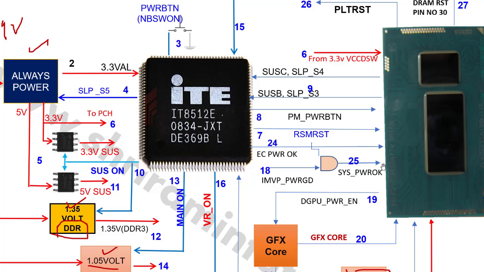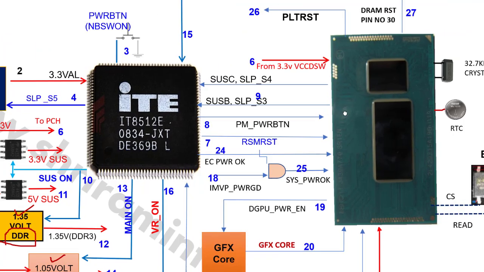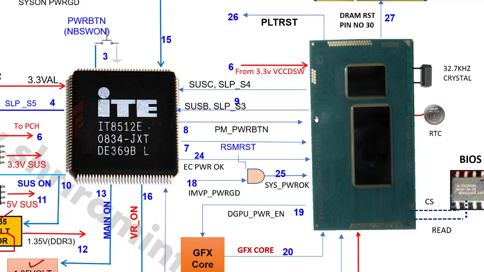DNBSW on. Just remember this name, DNBSW on. This is the output signal. And at step number 8, a 3.3V pulse will be generated by the SIO, and this signal is going to the CPU. Okay, and then at step number 9, now it is the responsibility of the CPU to generate two output signals,